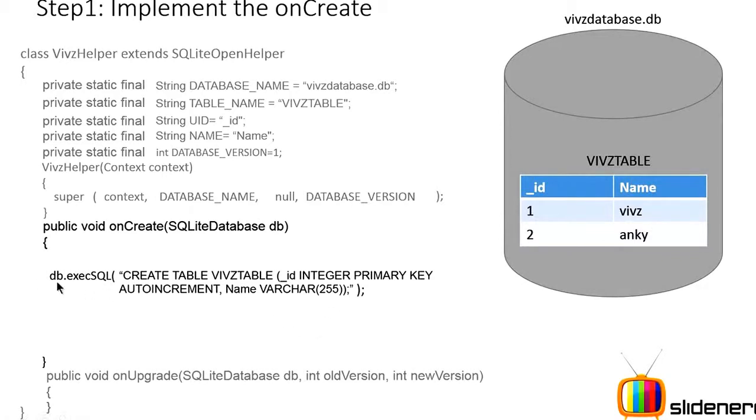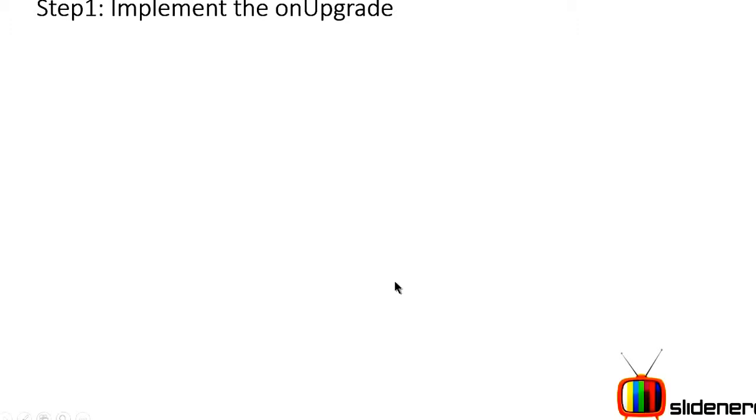So then I'll say db.execSQL. Now notice the SQLiteDatabase db is the object I'm using over here to execute my query, and I'm also using the execSQL method which I just discussed. It returns void, remember, which means you cannot have a select or something, but here we are just creating a table, and hence I'm saying db.execSQL. Now this might throw an exception, and hence you have to handle the SQLException e in the catch statement, and based on the catch statement's response you can probably print some kind of message to the user indicating that something went wrong inside the application. So now let's talk about the onUpgrade method,